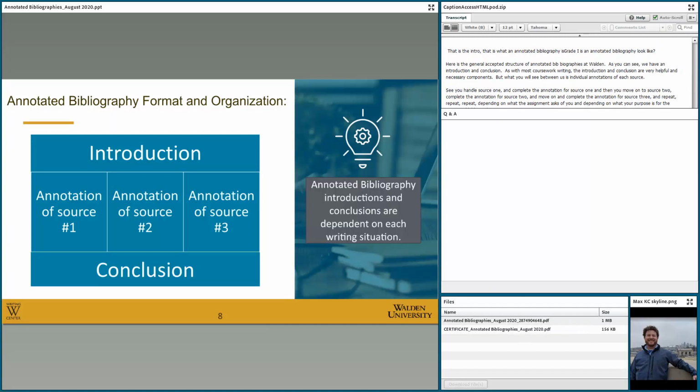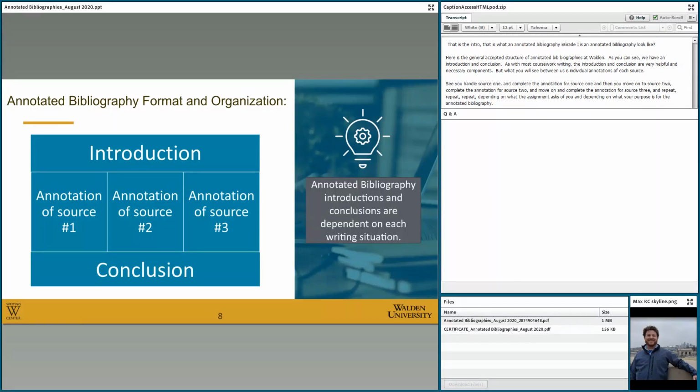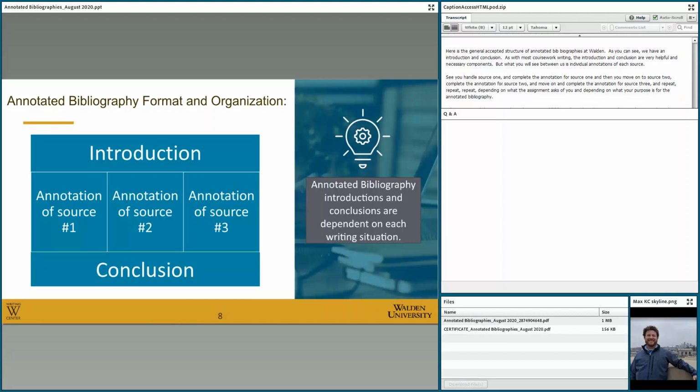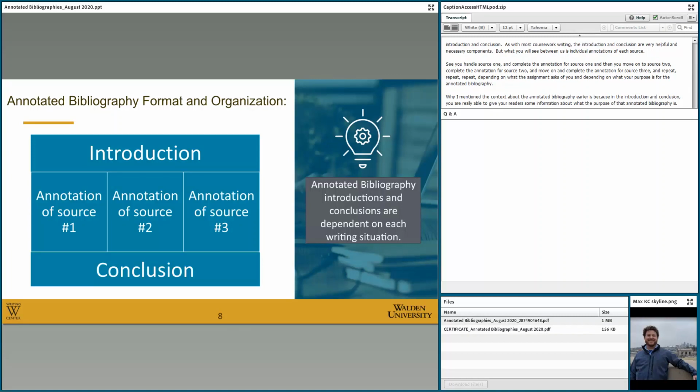And why I mentioned the context about the annotated bibliography earlier is because in the introduction and conclusion, you're really able to give your reader some information about what the purpose of that annotated bibliography is. Now, if you're using an annotated bibliography just as a tool, if it's not for a class, if it's not intended for others to read, if it's just for your own purposes, then the introduction and the conclusion are not